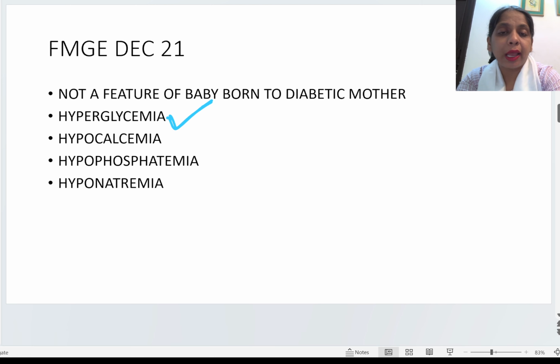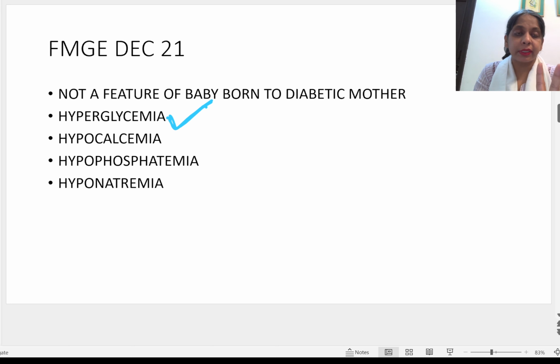So the answer is hyperglycemia, because once the baby is born, the baby keeps on secreting high insulin. Due to the high insulin secretion, the baby goes into hypo, not into hyper. Only two hypers are there: hyperbilirubinemia and hyperviscosity syndrome or polycythemia. No other hyper is there in the infant. Okay, now